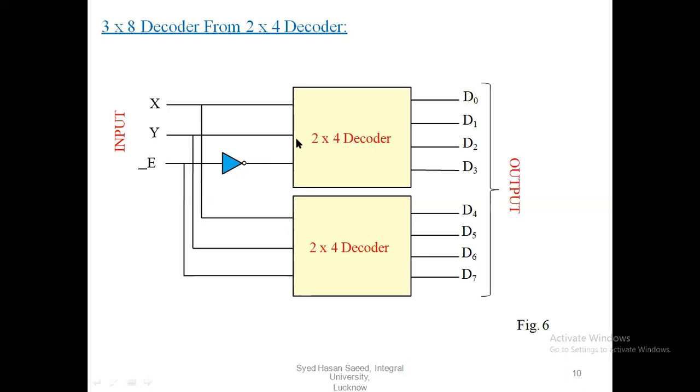So observe the combinations here also. Now if I pass E as 0, automatically here it will be 1. That is, the topmost decoder gets activated, and here the values D0 to D3 will be executed. That means we have to give the inputs X, Y and E. So here the combinations are 000, 001, 010, 011. And in this case the top decoder gets activated.